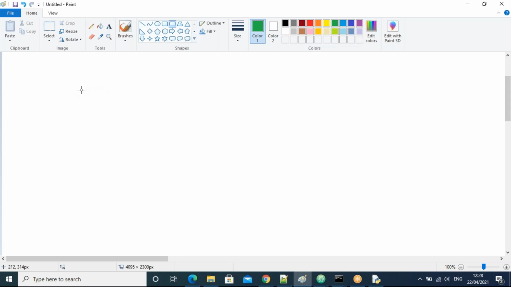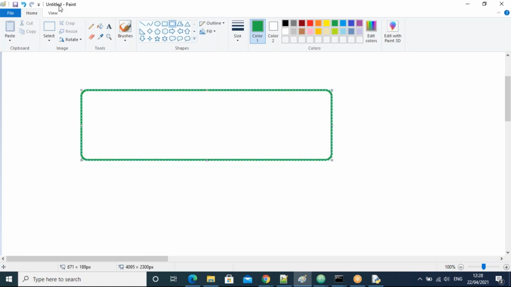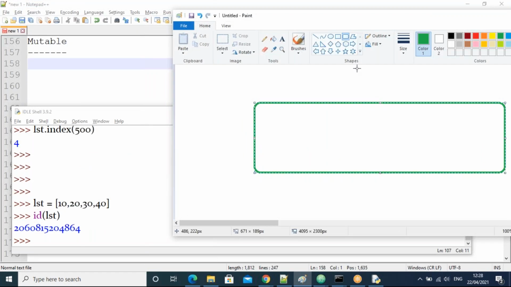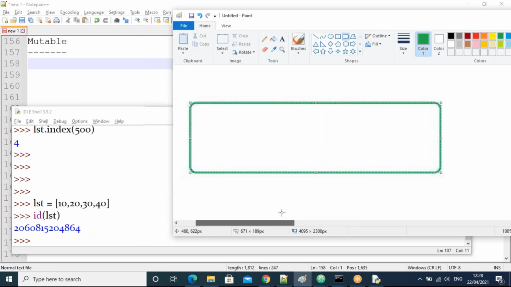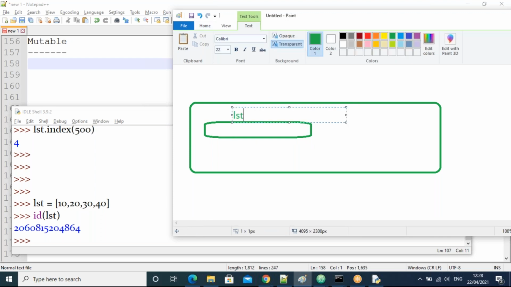Just now the list is taken in memory. What's the object name here? The object name is list.